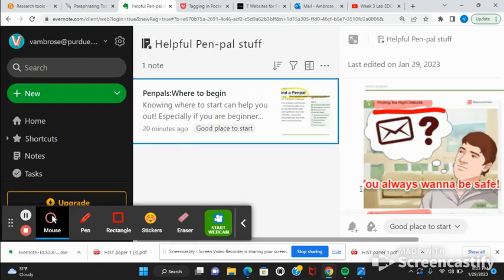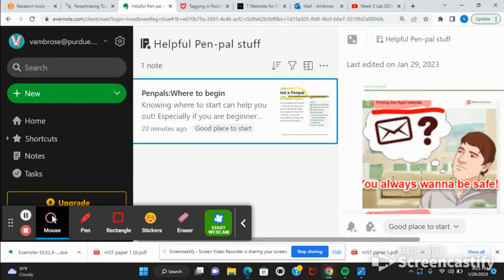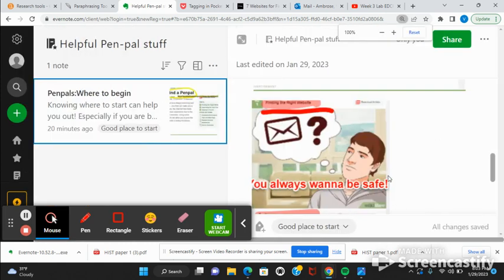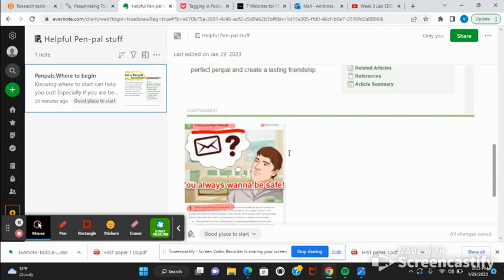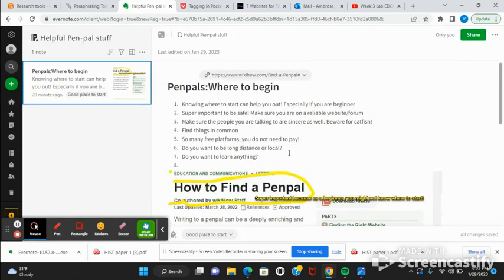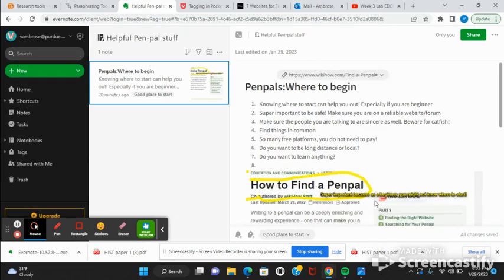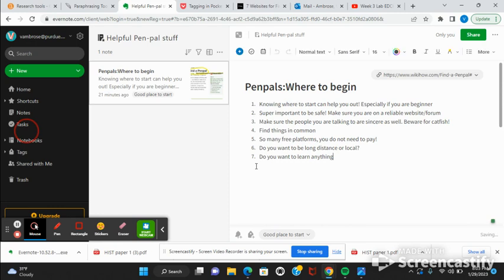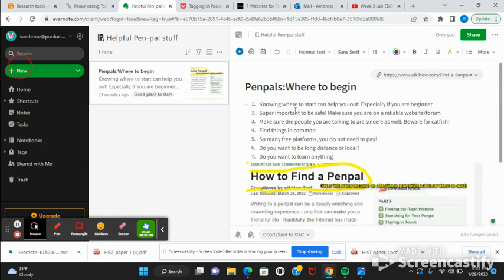Whoa, oh my goodness. All right. Let's see if it'll load. Yes, finding the right website, because you always want to be safe, especially when you are potentially writing to people you don't know. And if you're a kid writing to people, same applies. All right, so here are just notes I made just for myself and just things I found